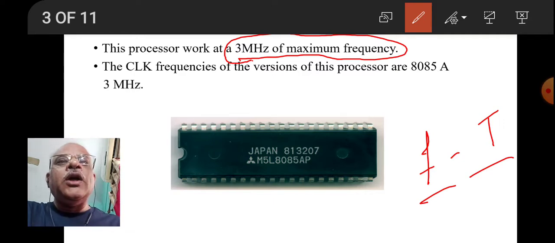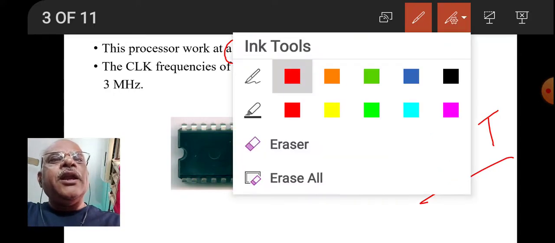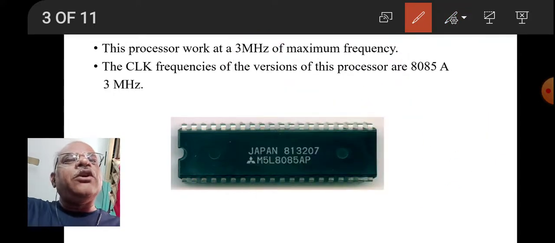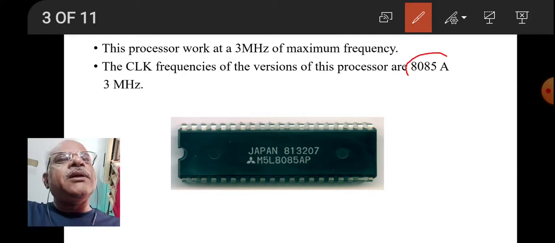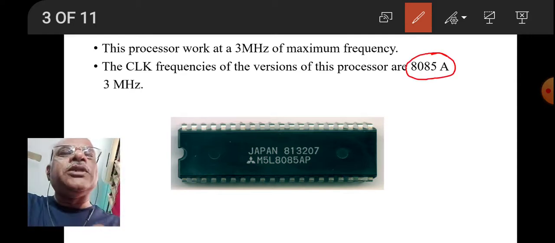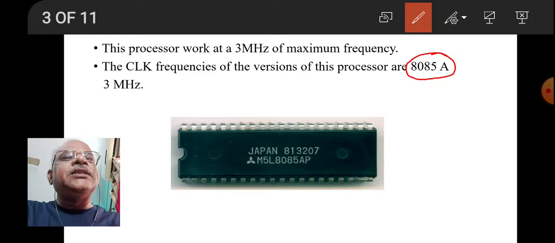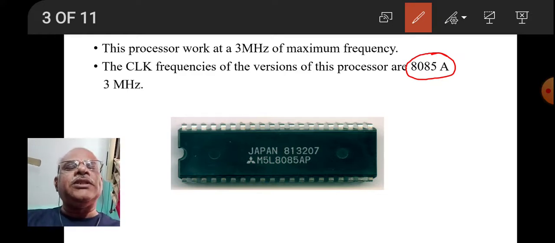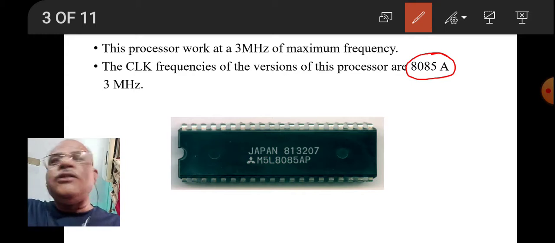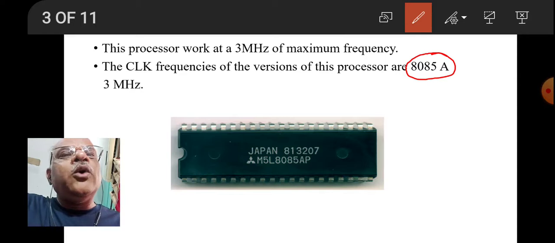So the microprocessor works on the frequency of 3 megahertz. That is an important thing. Another thing is the clock frequency of the version. Remember, there are different versions of the microprocessor, and we will be discussing the 8085A microprocessor, and therefore its frequency is 3 megahertz. Look at the figure, and this particular figure will show you how the hardware